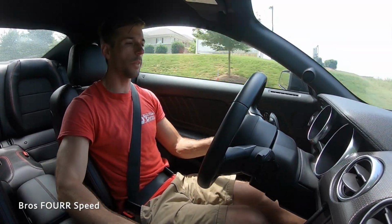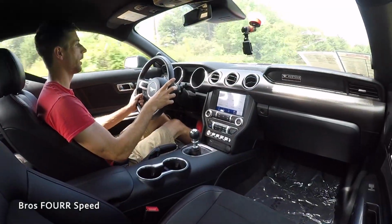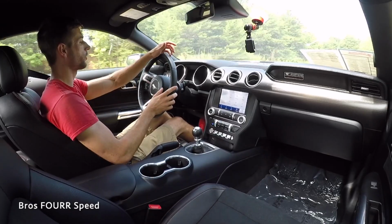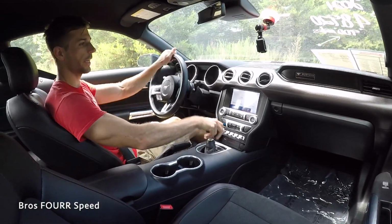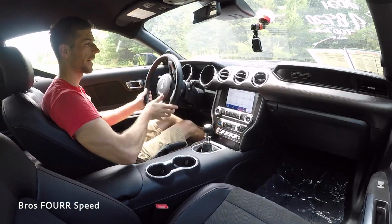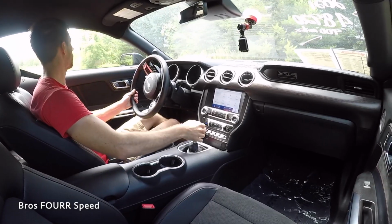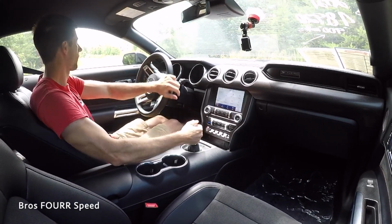And it's pretty cool, I didn't show this, but if you go into the gauge modes here and go into the settings menu, you can actually go to the exhaust note. There's even a quiet start. So let's say you live in a pretty close neighborhood and you don't want to be that guy. You can put it into the quiet startup. Once you leave, put it into track mode or whatever setting you want,